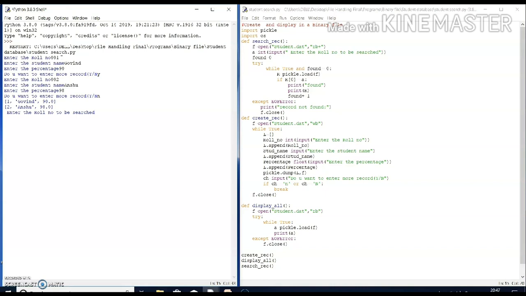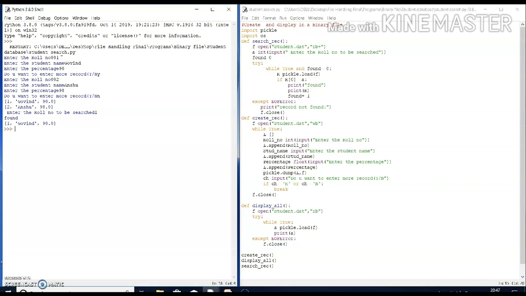This is reading and writing. In the previous video we discussed how to create and display the records. These two functions I am calling here before searching. Then it is asking which roll number you want to search. Now I am putting roll number 1. Now it is found that the roll number is present in the student.dat file.